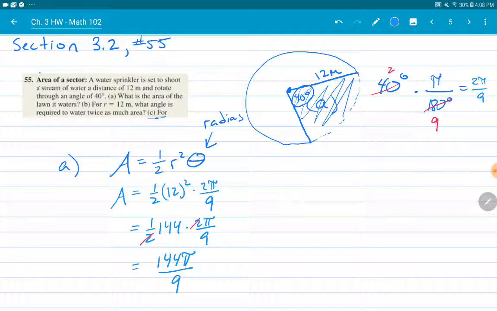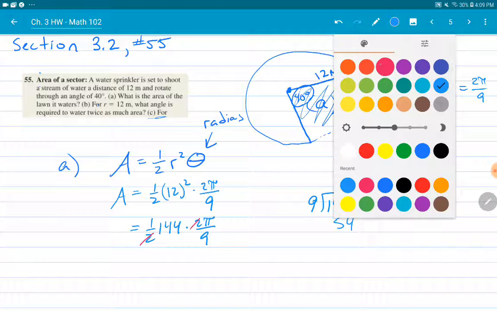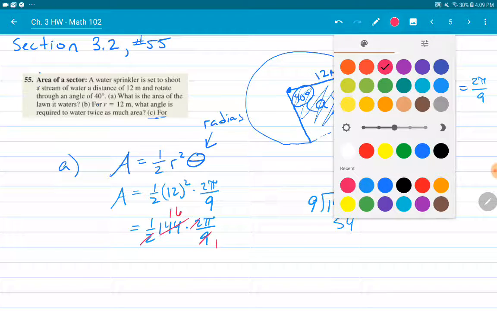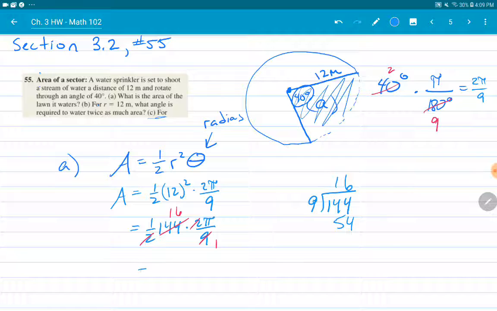I'm thinking 9 actually goes into 144. So kind of jumped the gun on that one. Yes, 16 times. So I can reduce this to 16 and 1. And now I am left with 16 pi for part A,